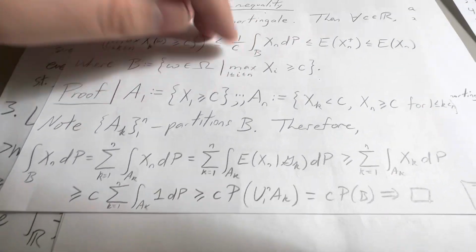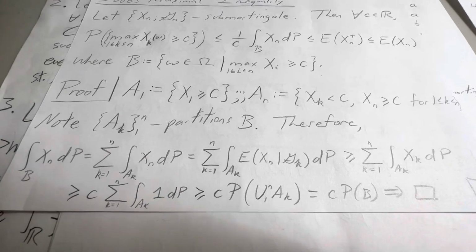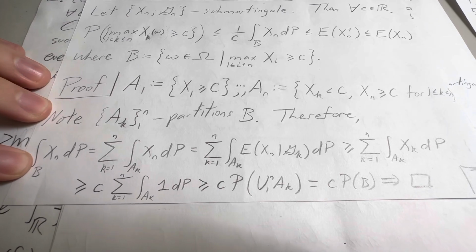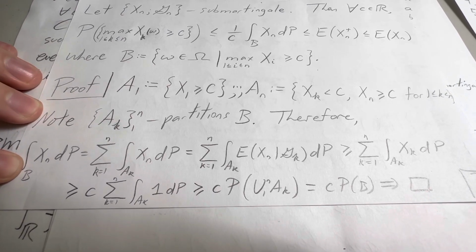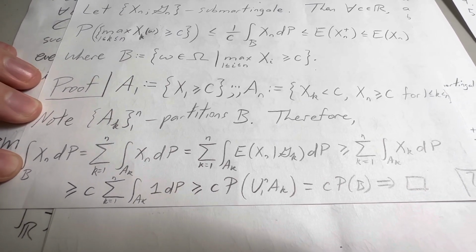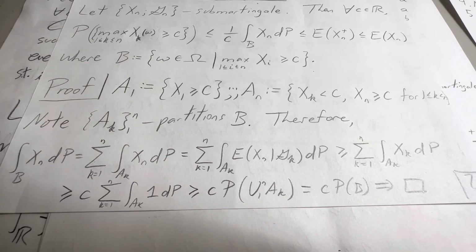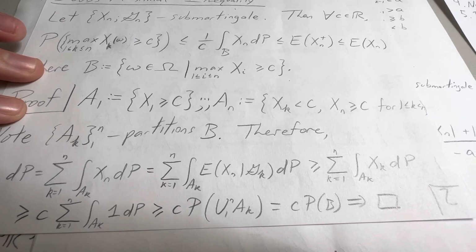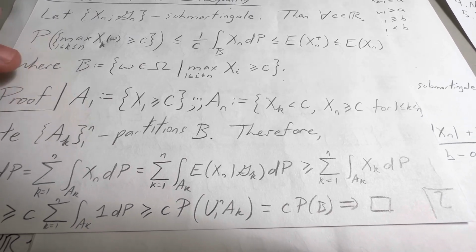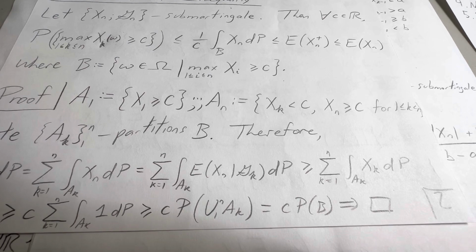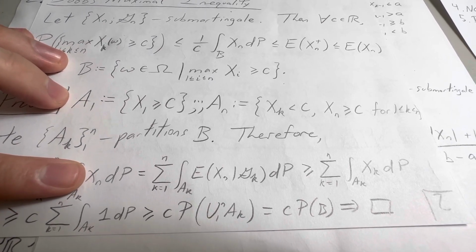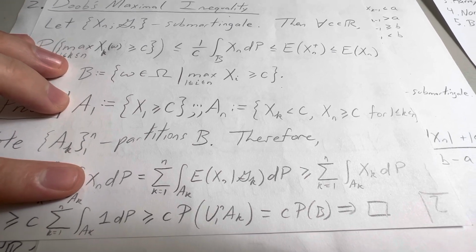And then you just set up the inequality. So we have the integral of Xn over B is equal to the sum of the integrals of Xn over Ak, which makes sense because Ak is a partition of B. And then we can rewrite the expectation of Xn over Gk